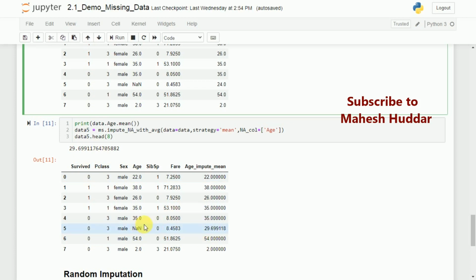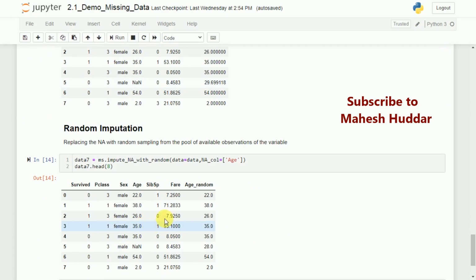Finally, we can do one thing. We will generate a random number, and that random number will be placed at the NaN place here, or the missing value will be replaced with a random number. So we use a function called impute_NA_with_random. Data will be the first parameter, and we need to mention the column.